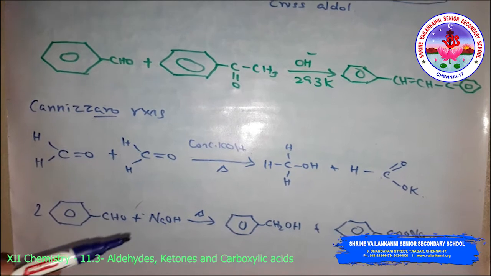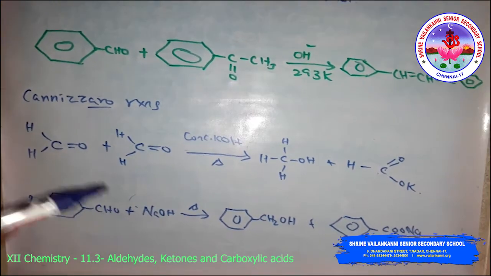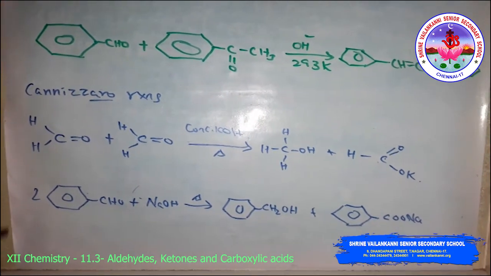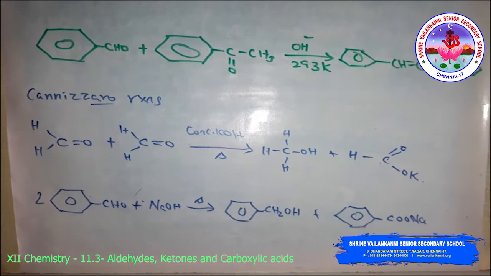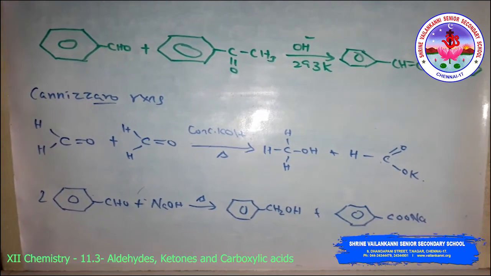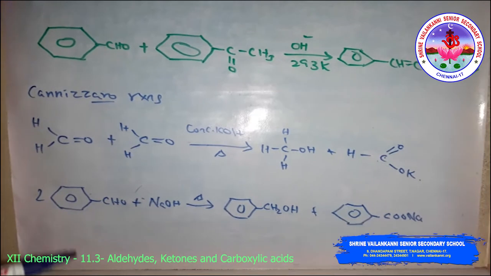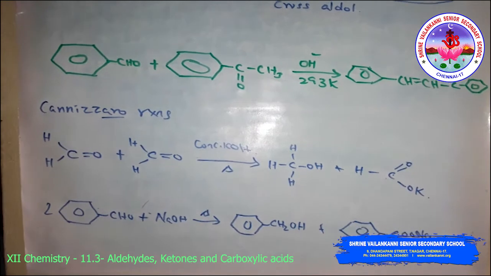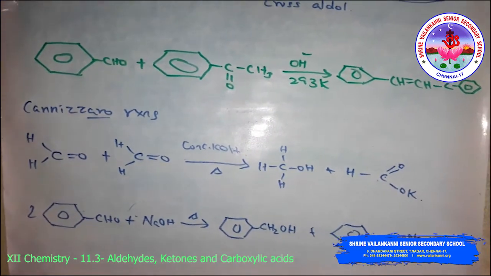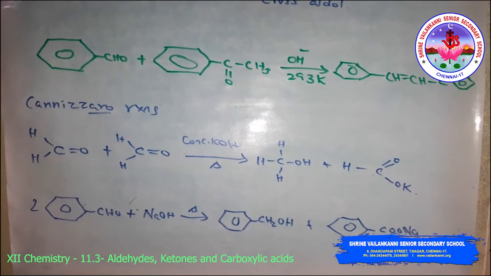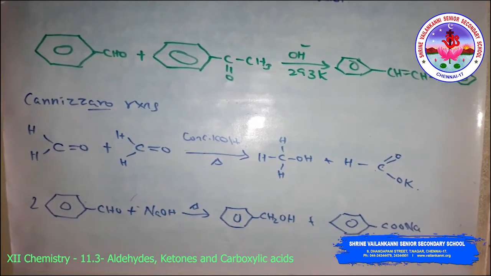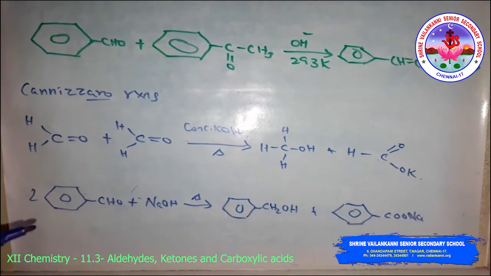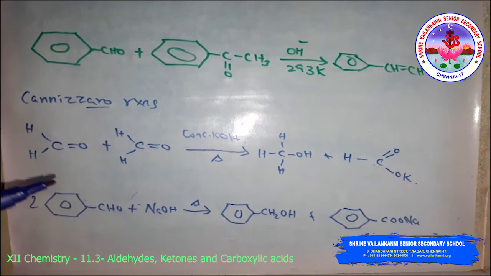And next is the uses of aldehydes and ketones. Usually in the chemical industry, aldehydes and ketones are used as solvents, starting materials and reagents for the synthesis of other products. Formaldehyde is a well-known compound, formalin, that is a 40% solution, used to preserve biological specimens and prepare bakelite, urea formaldehyde glues and other polymeric products. And acetaldehyde is used primarily as a starting material in the manufacture of acetic acid, ethyl acetate, vinyl acetate, polymers and drugs. Then benzaldehyde is used in perfumery industries, dye industries.